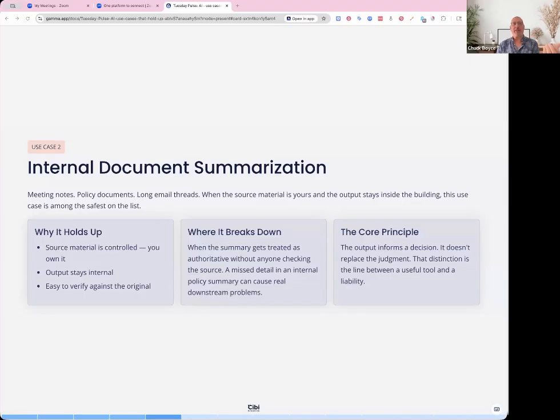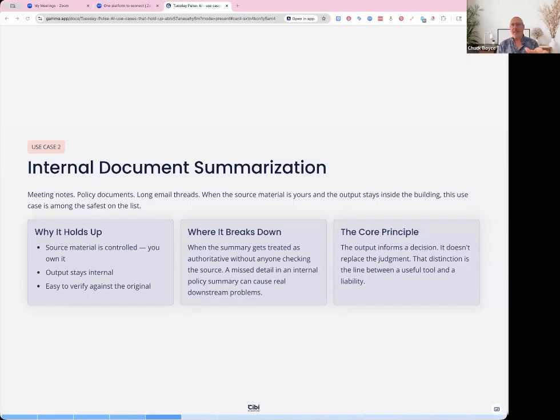So again, if there's no confidentiality, no proprietary information, and no regulations you have to follow, that will work. So this will hold up cleanly if you have internal material and the output stays internal. As long as it's all within yourself, you're in good shape.